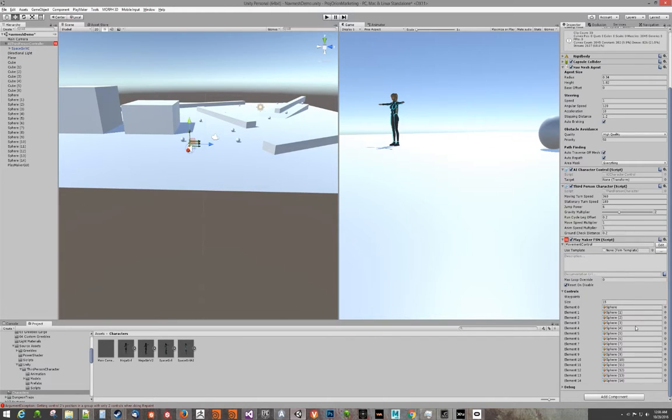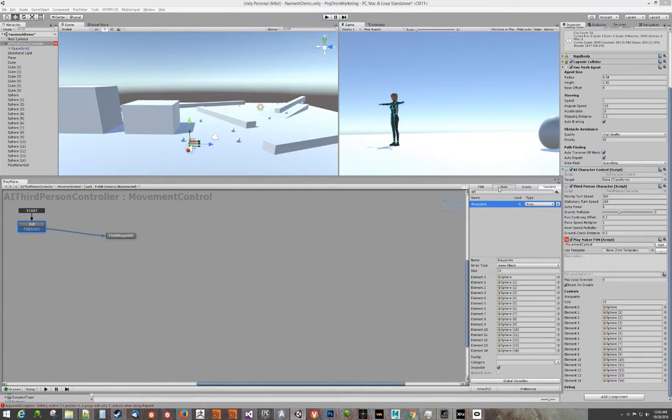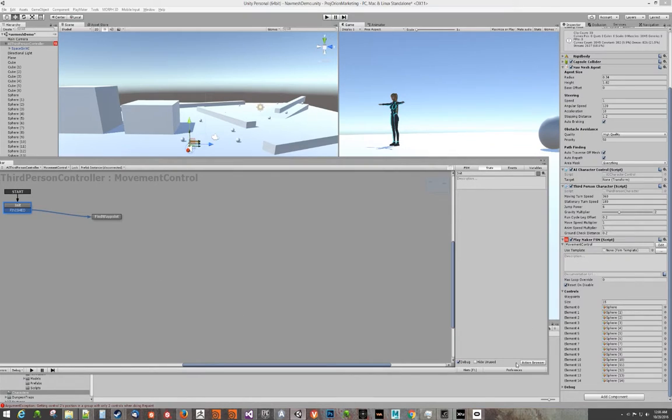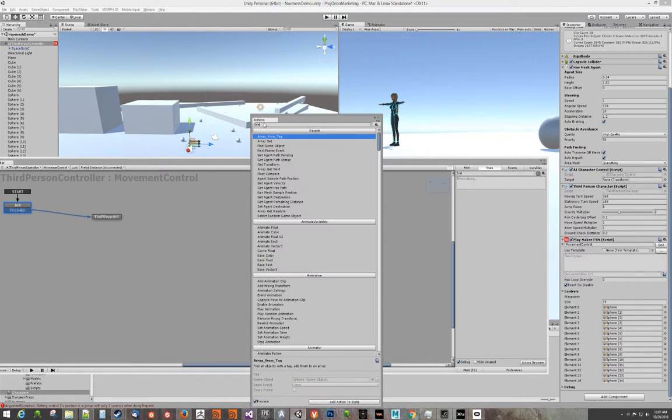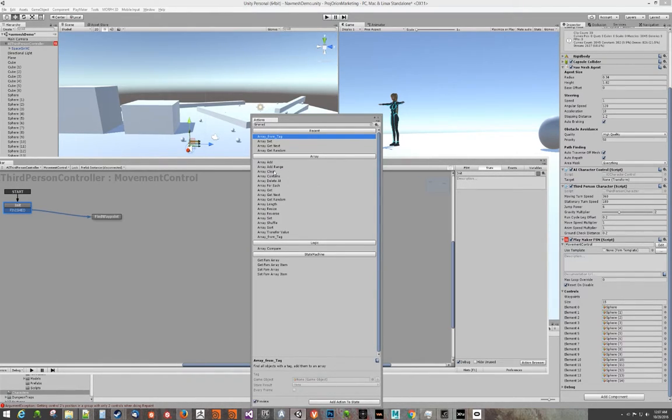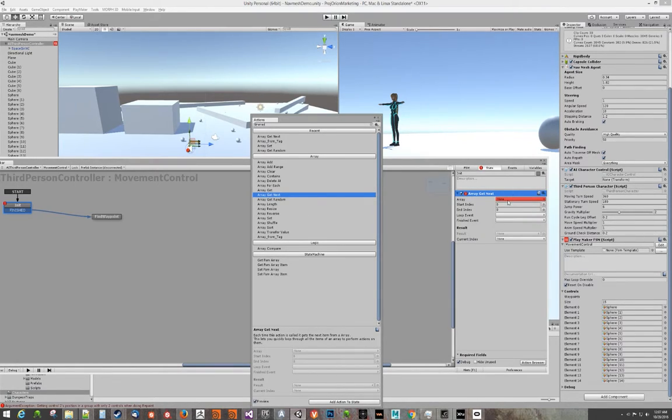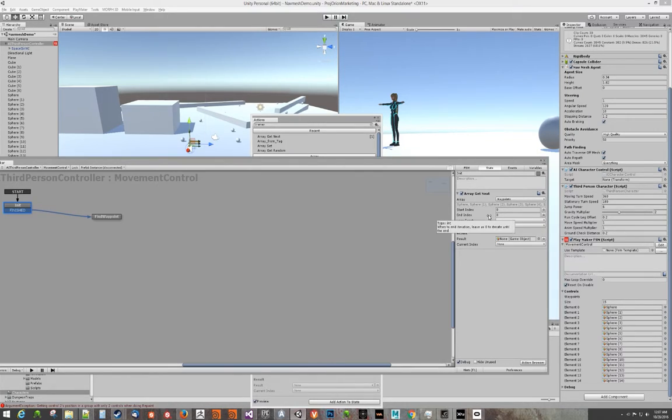Alright, so we have all of our spheres in this waypoints variable. So the next thing to do is to actually grab one of these guys. So I'm just going to go up here and let's search under array. Array Get Next. Each time this action is called through, it gets the next item in an array. Cool. That sounds like what I want. My array is waypoints. So you can see here in this array it says sphere 1, sphere 2, blah, blah, blah. So what this should do is each time this action gets called,